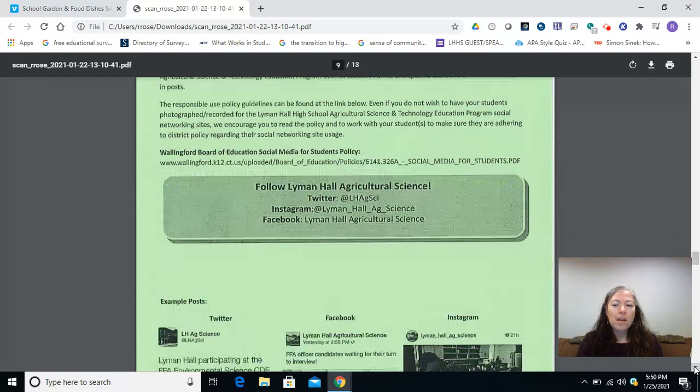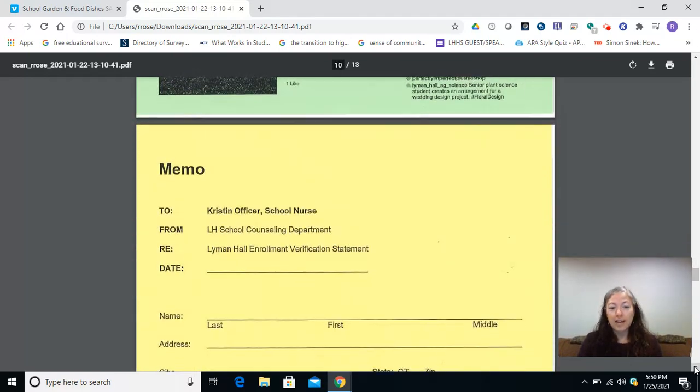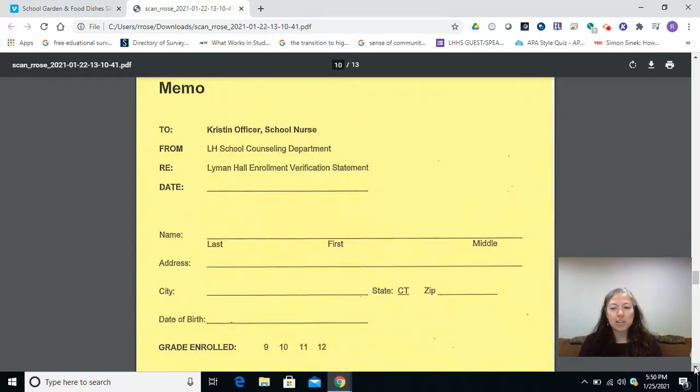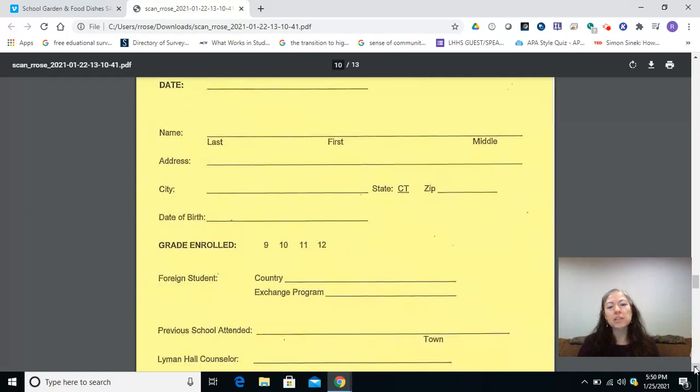So our next form is yellow, and this comes from the school nurse's office. So our school nurse is one of the most organized people that I know, and she wants to make sure that she has all the right information for you. So one of the things that you'll do is fill out this form for her. And you also need to include your most recent medical physical. A lot of times that comes from your doctor's office on a blue piece of paper. So you'll need to find that. A copy of it is fine. It doesn't have to be the original blue one. And also a copy of all of your immunization records to date. So make sure you put all this stuff together for what you're sending back to Lyman Hall.